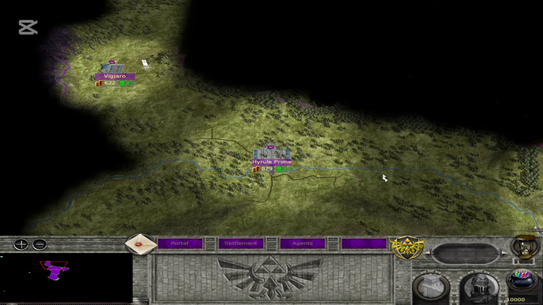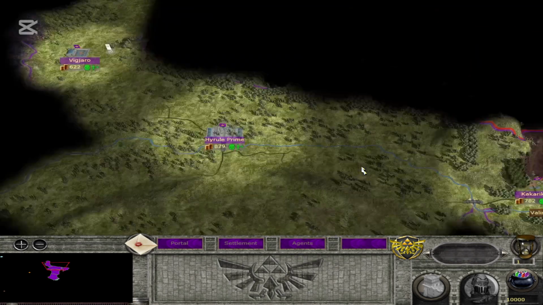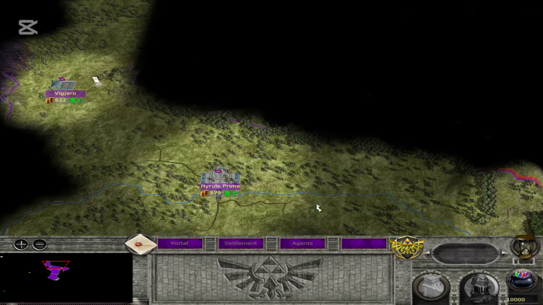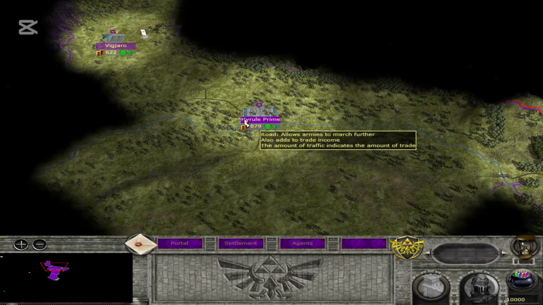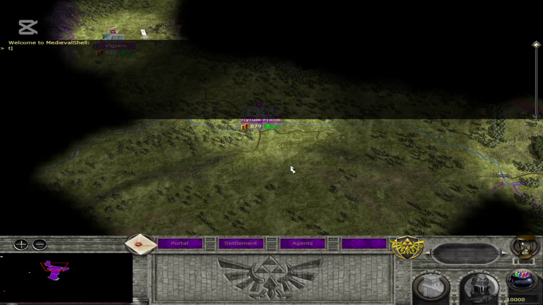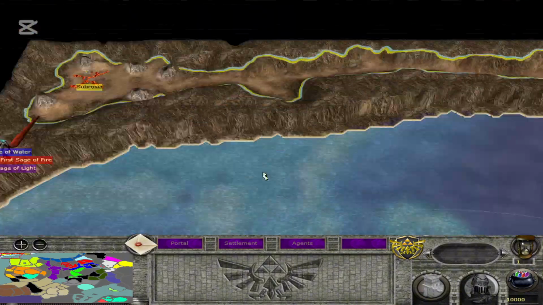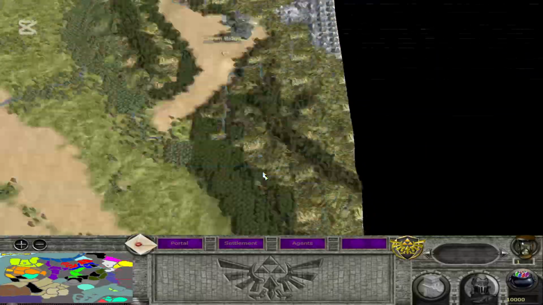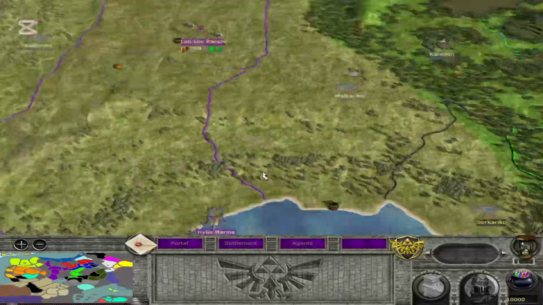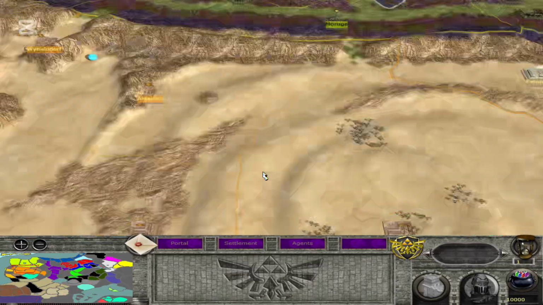Alright then. So yes, here we got the Kingdom of Hyrule, and here we got our capital, Hyrule Prime. So the last thing we'll do, we'll just toggle forward and let's see the entire campaign map. And here we got, of course, our campaign map. As you can see, the campaign map is pretty big, with a lot of nations